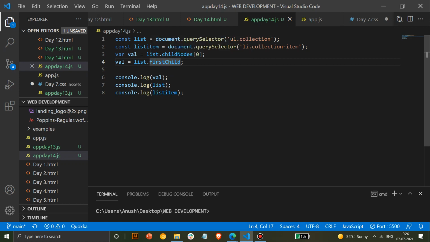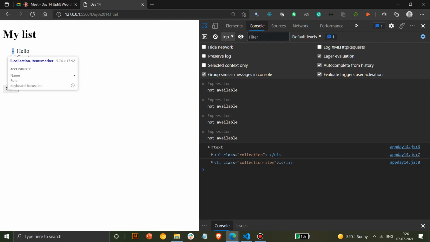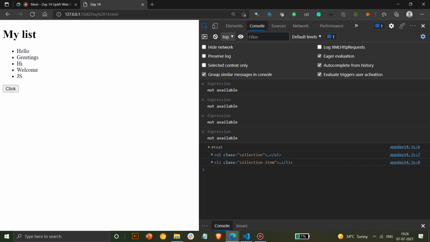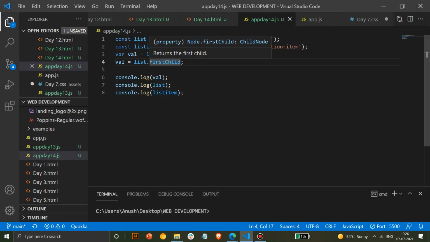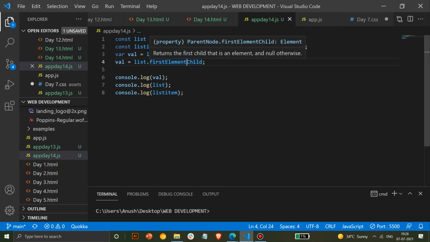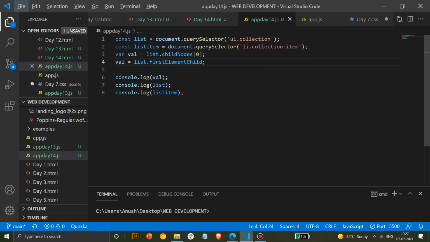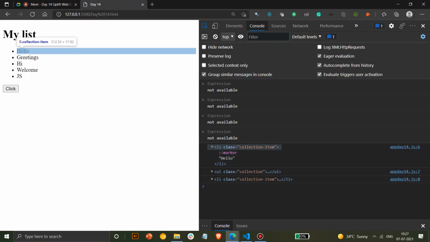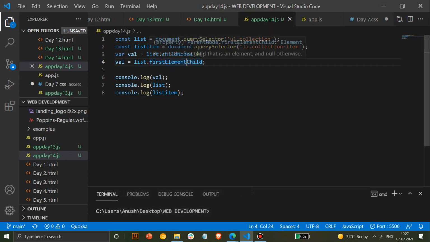Whenever we call this function firstChild, we don't want the text to appear. If we want to specifically show the li element, we can't use first child. To do that, there's specifically something called element. Okay, firstElementChild. What happens with this is it shows the first element that's present. By default the first thing is text, so it won't show the text, and now it directly shows an li. If you want to check the first element directly, you use firstElementChild.